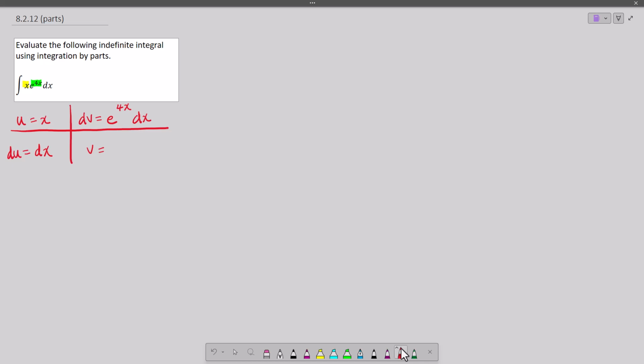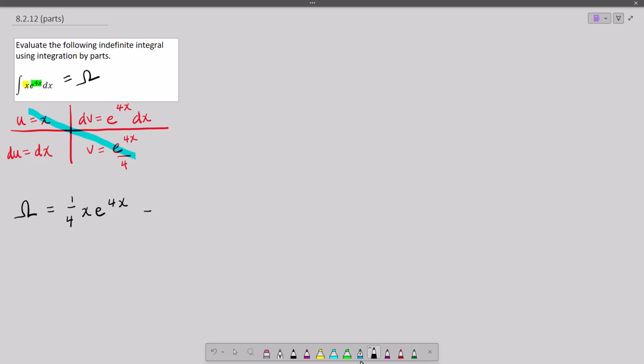Now, when we integrate e to the 4x, we get itself divided by 4. So that's using the reverse chain rule. I'm going to call this integral omega. And so now we're going to let omega, the integral, be integration by parts, ultraviolet voodoo. We're going to do u times v. So u times v will be 1/4 x e to the 4x